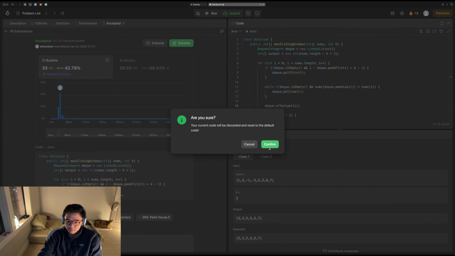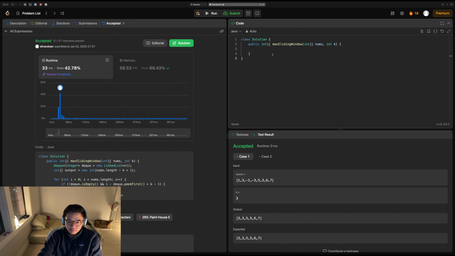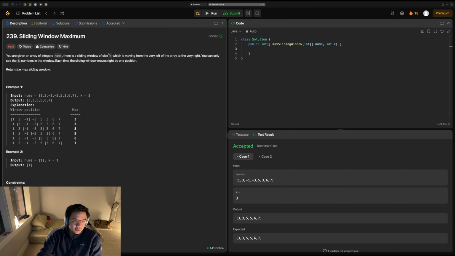I need to be able to explain it though. I haven't explained it yet. So we keep a deck. Yeah, we have to keep a deck. So we'll make a deck and we'll